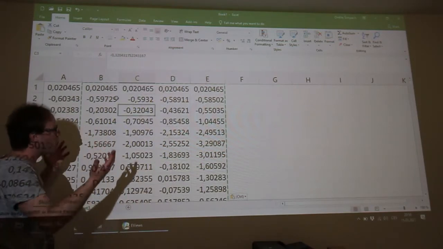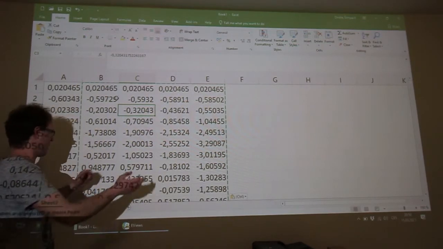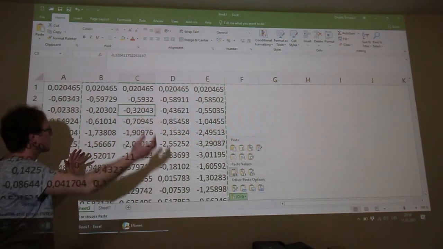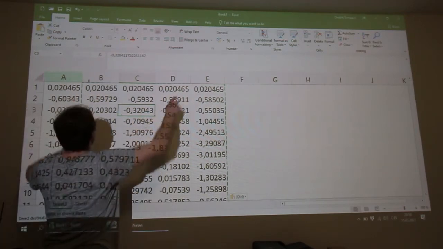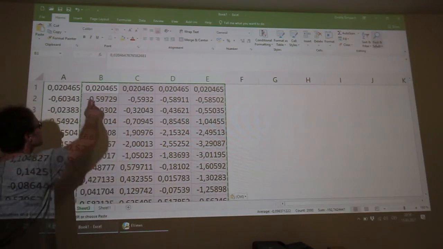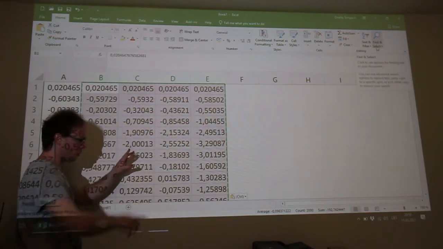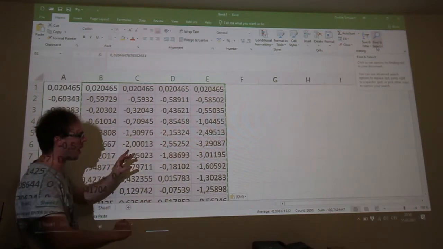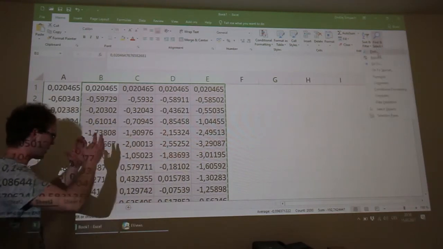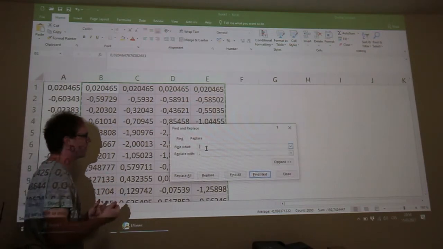And now we will find and replace commas with dots. So again, please select these 2000 values. Again, 4 cells on the top, Control, Shift and page down, and we will use the shortcut Control H, find and replace.